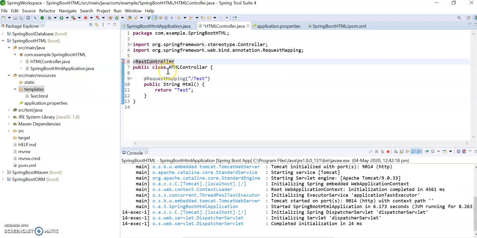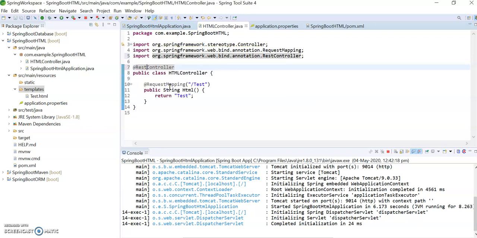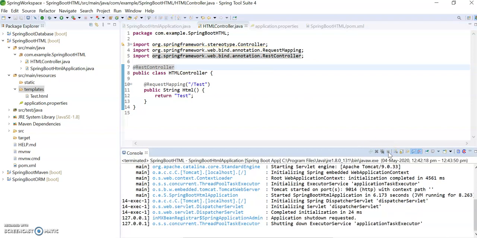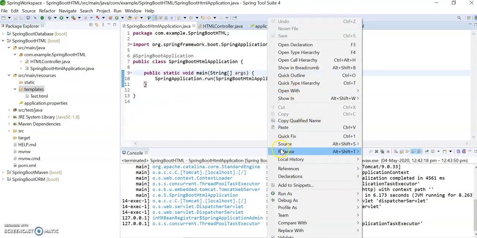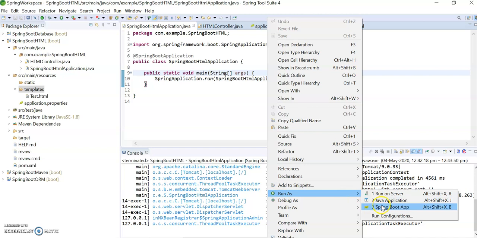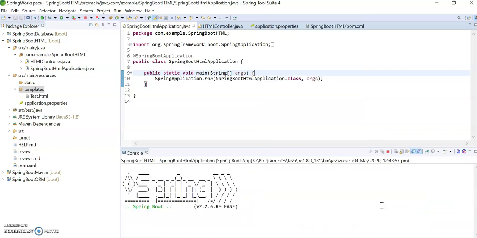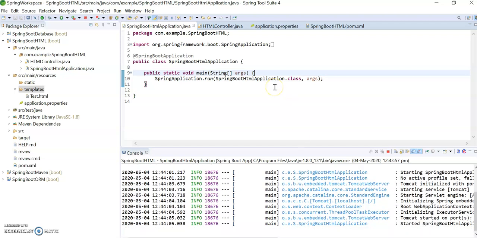I am putting @RestController. See, if I put the RestController and stop this program and run the main application again as Spring Boot app. Yeah, it has started.